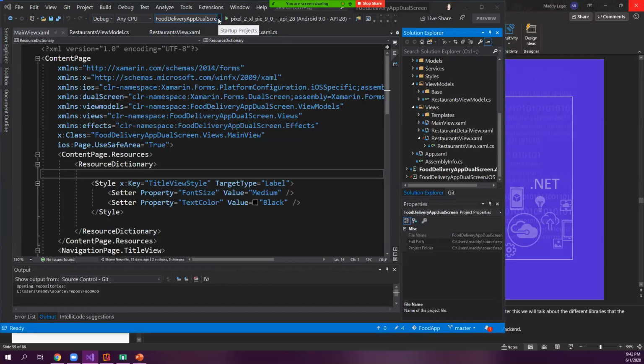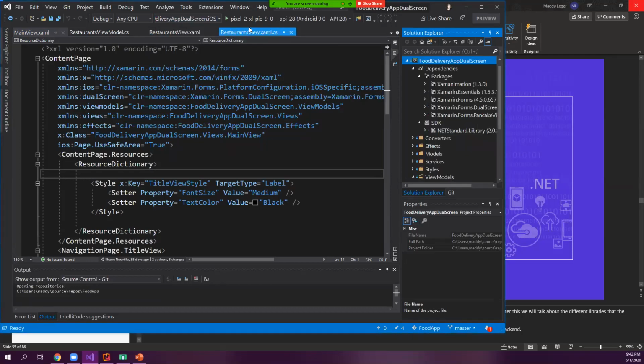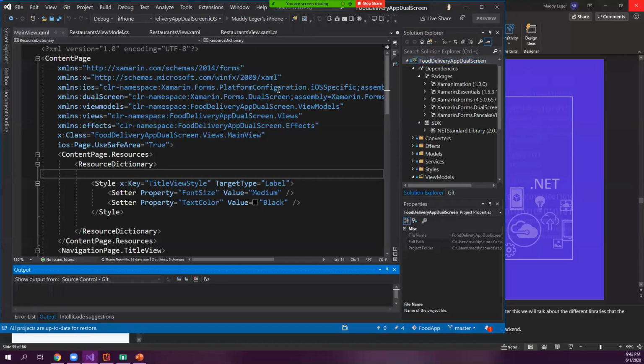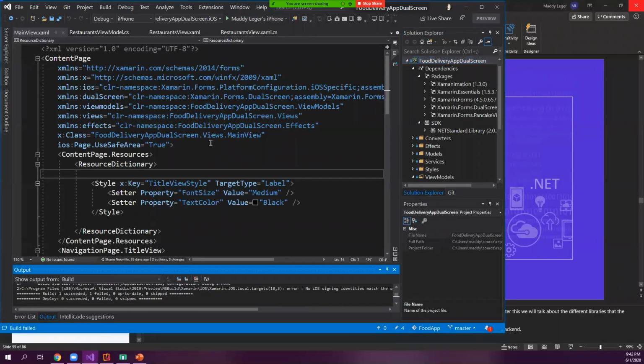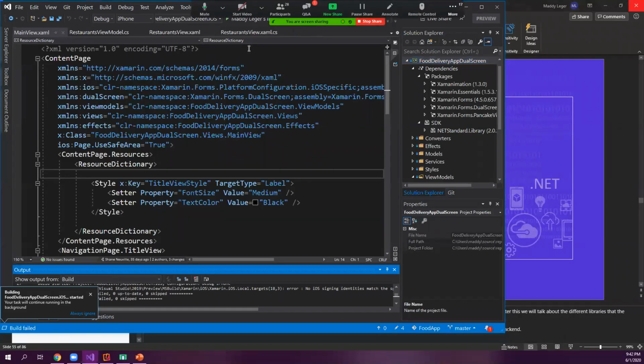Okay. First, I want to take a look at this app on my iPhone again, if it's going to wake back up. Let's see. Face ID never recognizes me. Hit debug, give it a sec. No. Okay, it's not going to work, I uninstalled the old version of this app.